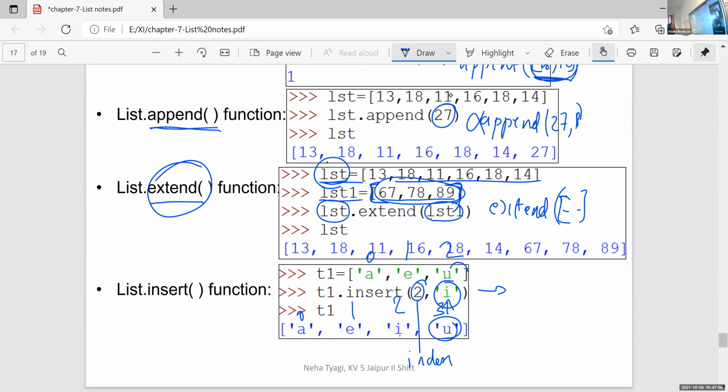T1 is equal to AEU, the same T1. You want to insert J at the first position.